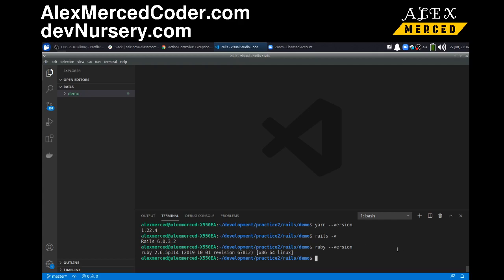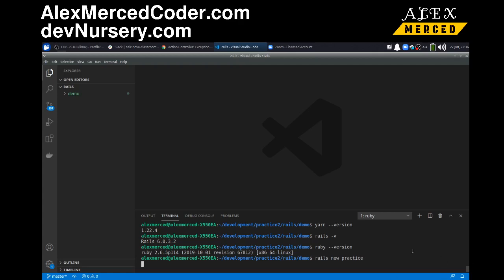Okay, cool. So now that we know that, once you have all that installed, then you can create a new Ruby on Rails project. If you don't have Yarn installed, it's going to create some issues. If you don't have Ruby installed, it's not going to work. And if you don't have Rails installed, then you can't run the Rails command. So then I'm going to go rails new and then create a name for our project. We're going to call this one practice. So rails new practice, and that's going to start up a new project, which will take forever to